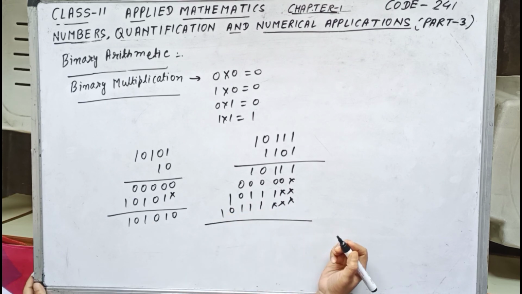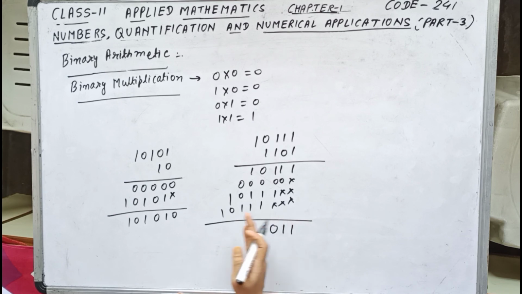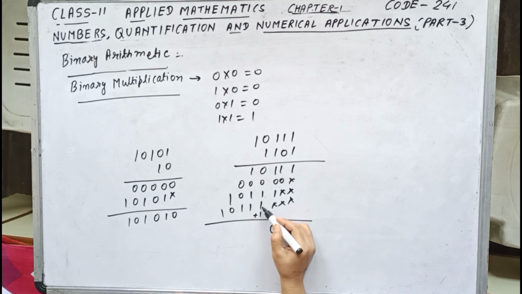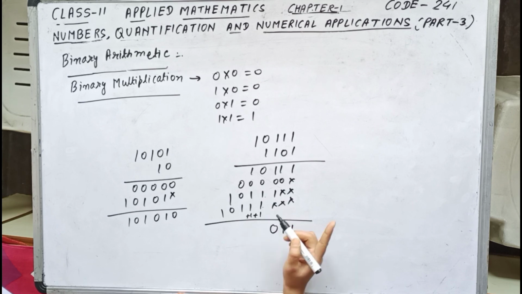Now binary addition method properly. So over here 1. 1 plus 0 is 1. 1 plus 1 is 2. So over here it is 0, but 1 shifted over here. Okay, remember. Now 1 plus 1 is 0, actually 2, but shifted to this side. So I am writing over here plus 1. So 1 plus 1 is 0. 0 plus 1 is 1.